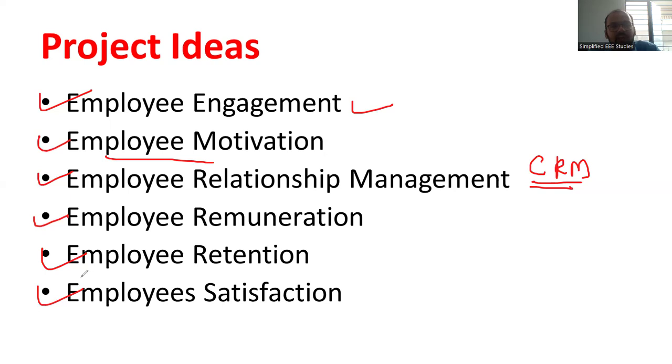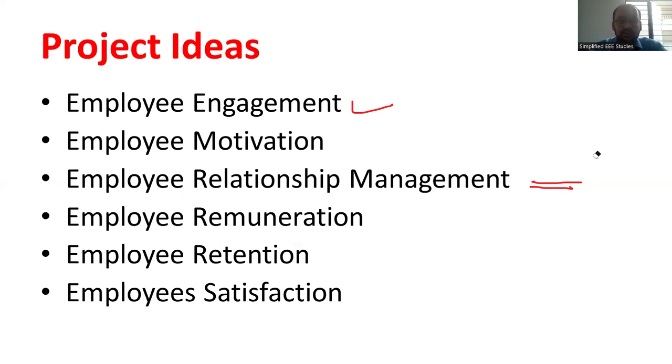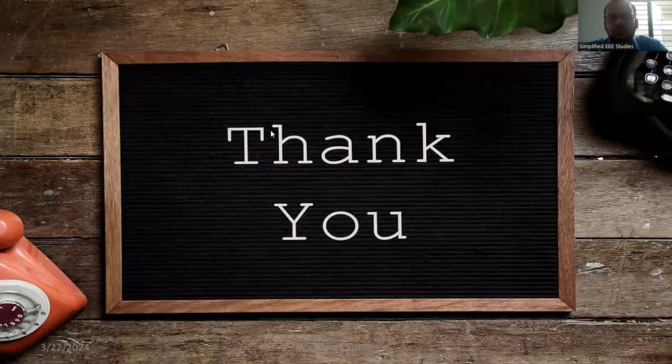Definitely, if you create a Google form and send it to a certain community, you can get a set of data and complete your project at the earliest. The project will have an introduction, then literature review. You have to mention the methodology, then suitable results, and discuss the results. Ultimately, you require the conclusion also. So these are a few important ideas related to human resource management.